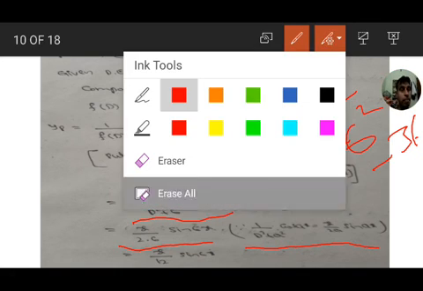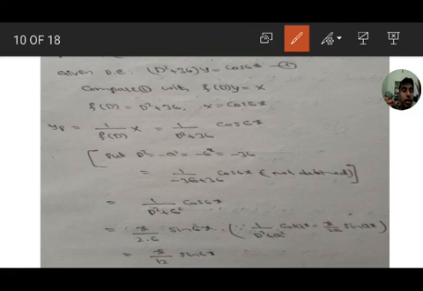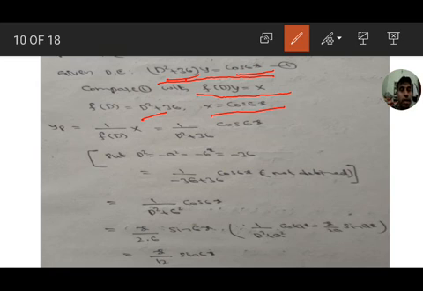Okay, I will repeat once again. Here given differential equation (D square plus 36) y equal to cos 6x. So compare equation 1 with f of D of y equal to capital X. We get f of D equal to D square plus 36 and capital X equal to cos 6x. And particular integral yp equal to 1 by f of D of capital X.